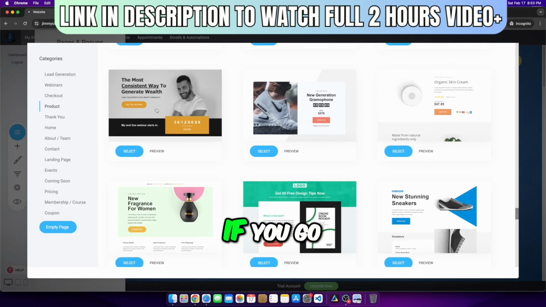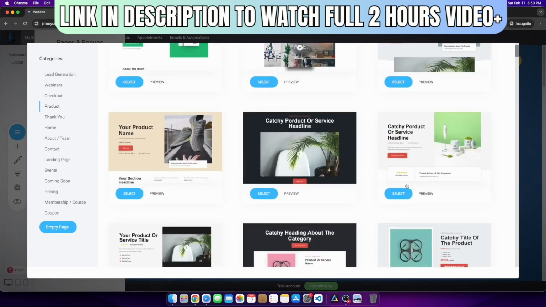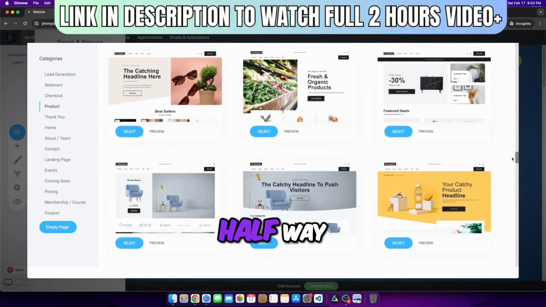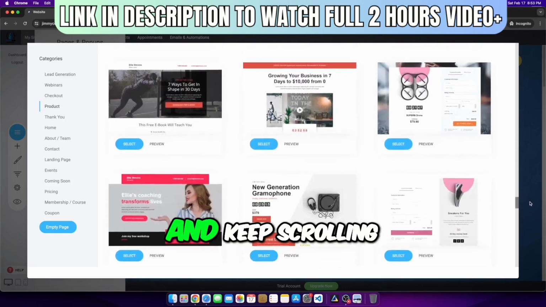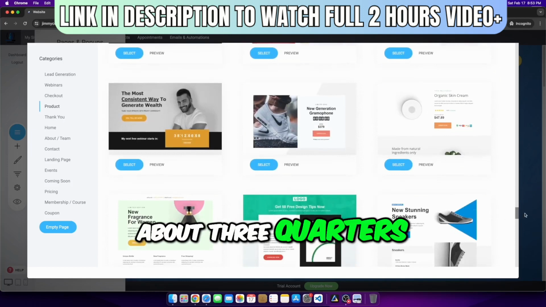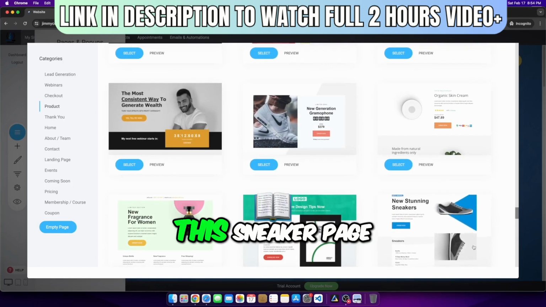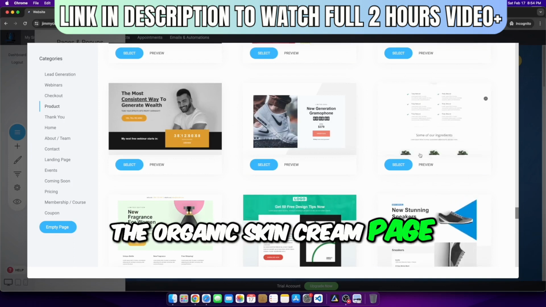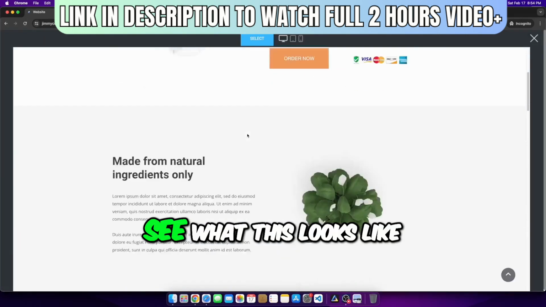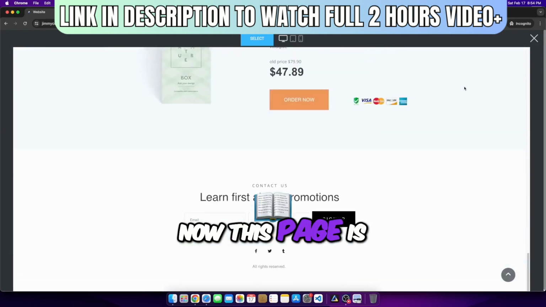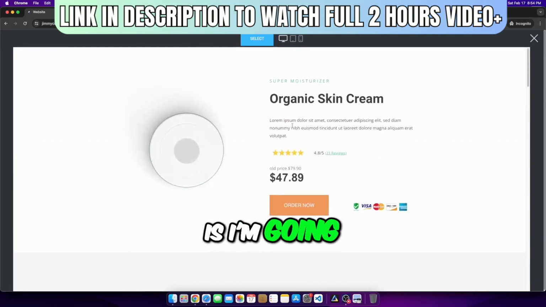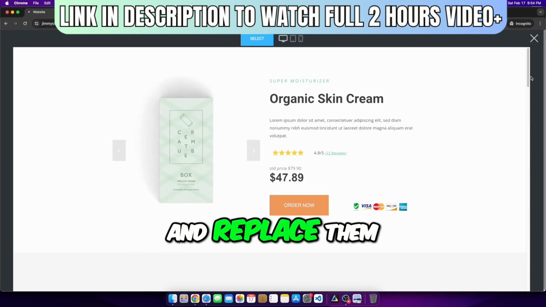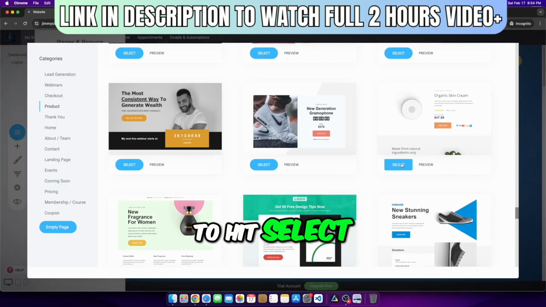So if you go to product page and you scroll, let's just see how far you scroll. You scroll a little bit past halfway and keep scrolling. Yeah, about 3/4 of the way or more, pretty much above this sneaker page, you have this page right here, the organic skin cream page. We can go ahead and click preview and see what this looks like. Now this page is a very clean built page, and I'm going to add sections to it, but I'm also going to remove sections and remove images and replace them with my own. So I'm going to hit select, and